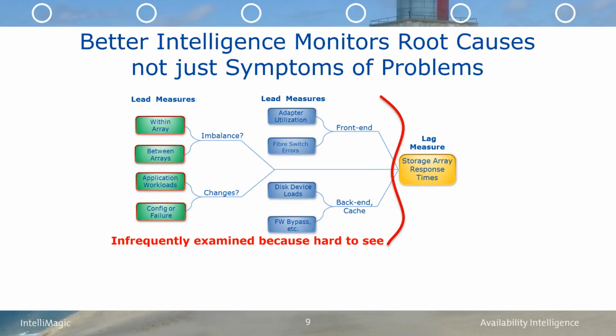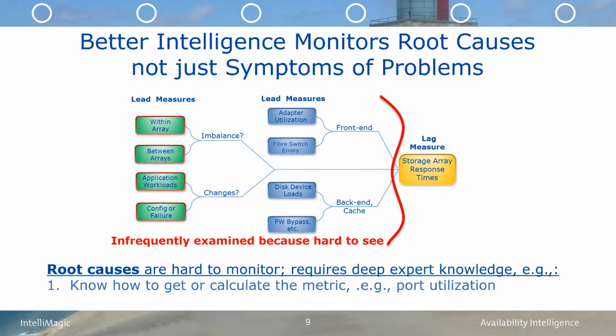So I don't think we have the time to go through these in detail, but the adapter utilization is an example I've already mentioned on the front end of the storage array. There's different things on the back end, or there's balance between arrays or within arrays. All these things can be programmatically analyzed on a continuous basis across the entire environment to be able to serve up this kind of intelligence about what's going on. And it requires this built-in expert knowledge about the hardware, about z/OS, and so on and so forth. So